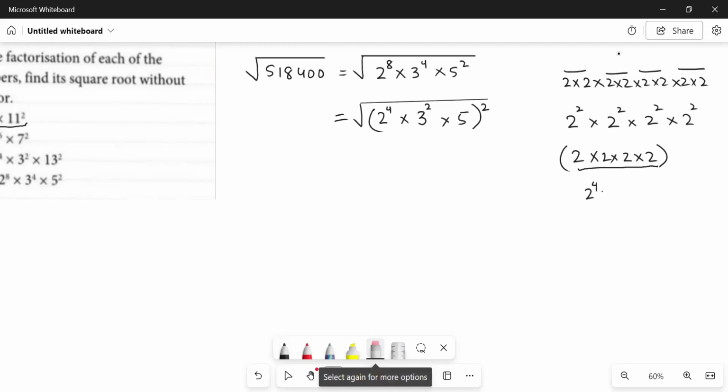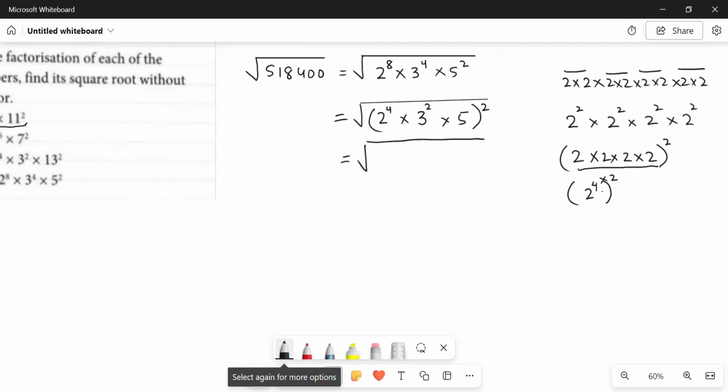Achha, here we have a power 2, not 4. And we have a power 2 outside. This is how 4 multiplied by 2 gives us 8, which was given over here. So we can write it down as 2 twos are 4, 4 twos are 8, 8 twos are 16, right? 2 raised to power 4 means 16 into 3 threes are 9 into 5. And now we have to multiply all 3 in the next step. So what would be the answer? 16 into 9 into 5 is equals to 720.